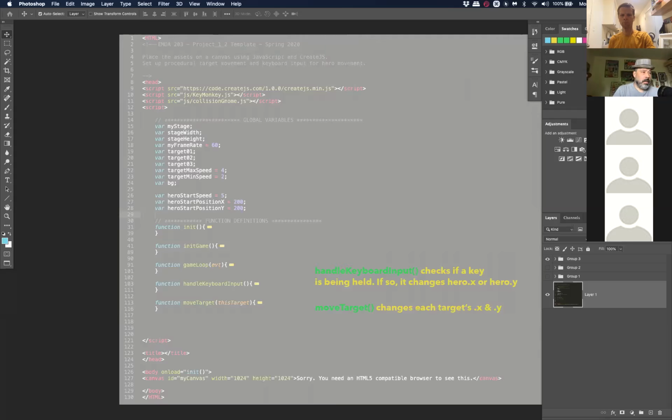And then lastly, we have these last two functions we've written down here, which are the handlers, basically, for the keyboard. So handle keyboard, what's it going to do? Handle keyboard checks with the conditional if key monkey, you know, W. It checks if a key is being held down, and if so, it changes the hero's .x or the hero's .y, and eventually, I think this week we have a